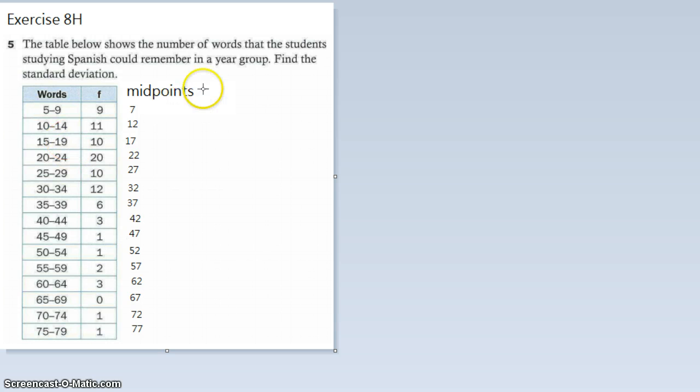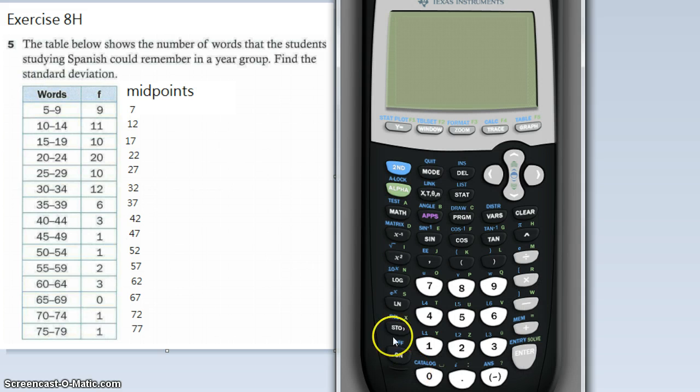So when we have intervals, when we are given the intervals, we always start by finding the midpoints. Alright, so how do you find the midpoints? Over here, as you can see on my screen, I've already found the midpoints. So let me show you guys on the calculator just to make sure that we all know how to find